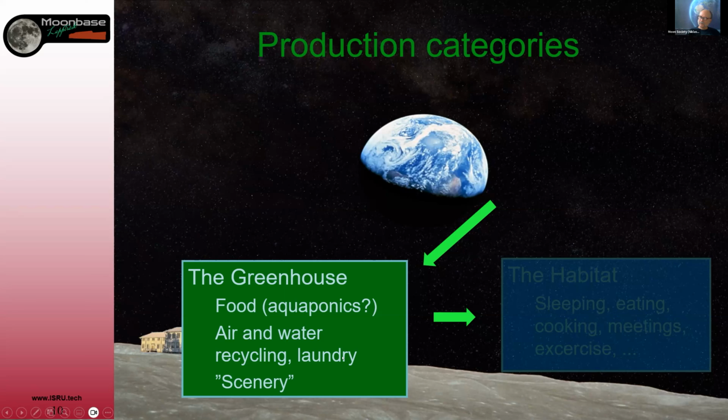There are examples on Earth where you have that kind of thing, and they aren't actually outside; they are inside. But you get the feeling that you are outside, and there's a lot of greenery. Of course, on the moon, you don't want to waste greenery on just being pretty. You want to create food as well as air and water recycling. For air and water recycling, you can use whatever plants, but to create food, you need to have edible